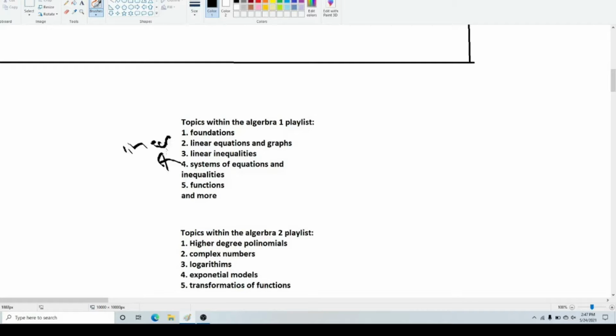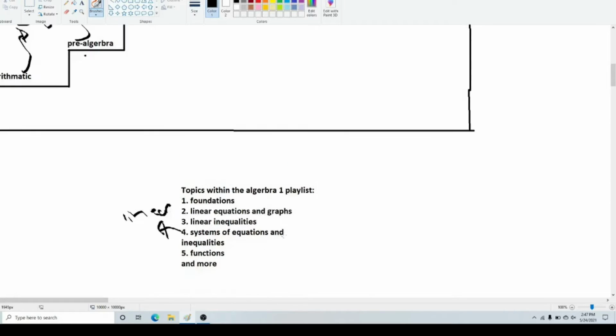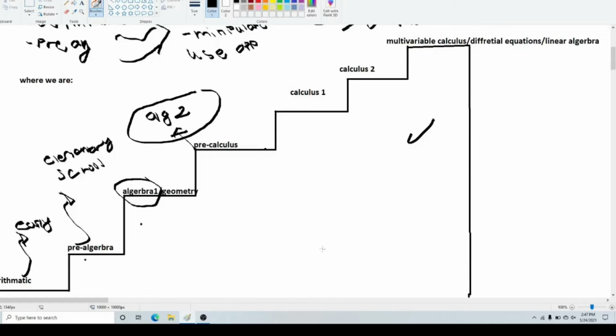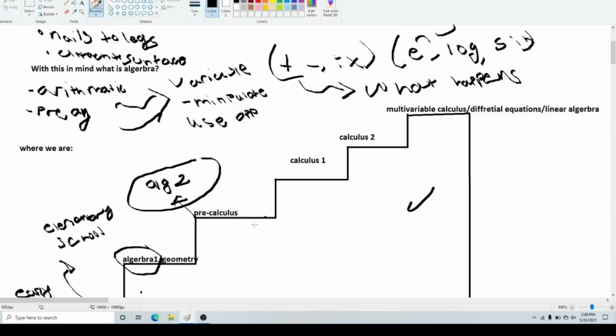All right. Then we talk about functions, and there's just so much more we put in Algebra 1 because it's your first real step of building onto mathematics. It's your first real step of moving forward into calculus,